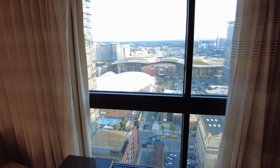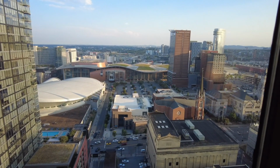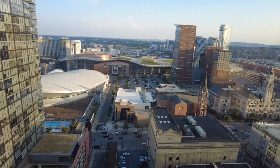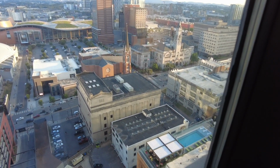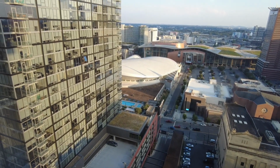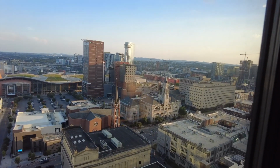And then I think one of the things that I was most surprised by is the view. The 22nd floor has an amazing view, and one of the things that I love is you'll see like a lot of grass rooftops and lots of rooftop activity or options. I'm not sure what is right down there. I'll have to Google Maps it. I think it's another hotel, but still pretty cool view of downtown Nashville from the 22nd floor of the hotel,